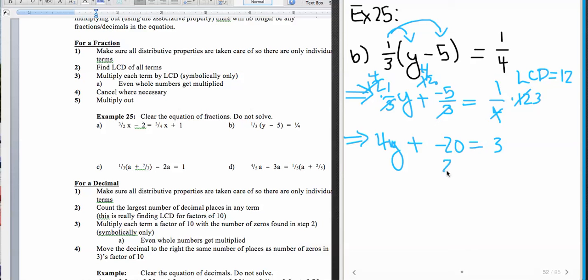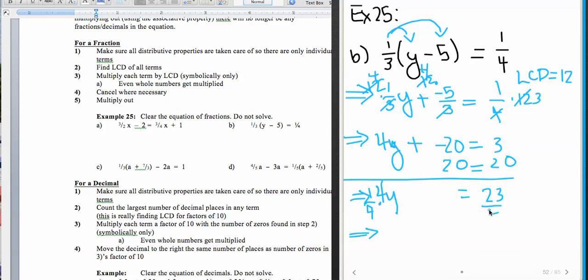So now I need to move the constants together. So adding the opposite of negative 20, 20, to both sides. Now I'm going to have 4y, which is equal to 20 plus 3, which is 23. And finally, multiplying by the reciprocal, 1/4 on this side, and I'll make that look like division because multiplication by a